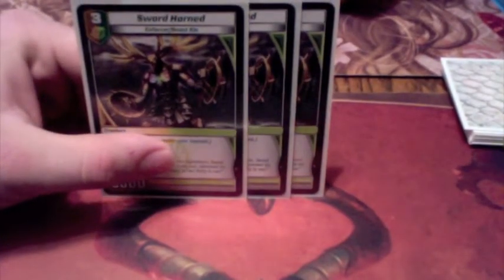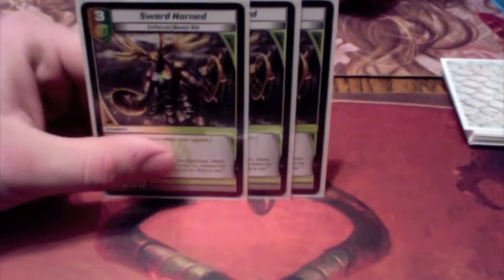Another reason I like playing this deck is Swordhorn. I think Swordhorn is just a boss. 5,500 power. He's a boss. Really strong. You know, he attacks over Lost Patrol. Attacks over Herald Infernus. He gets around